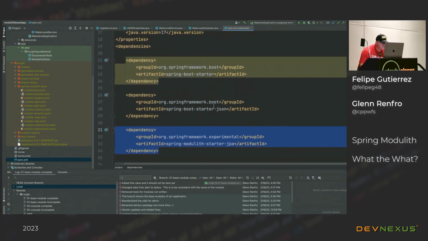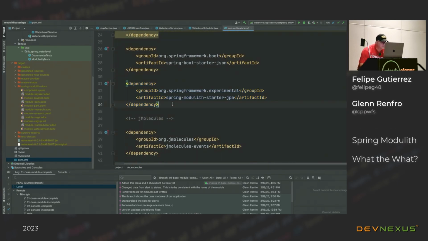We are including JPA, and because Spring Boot is opinionated, it takes a look into your classpath and sees you have the Spring module JPA. So every single event that you are sending, it's going to save into a data store. Practically, that is out of the box, so you don't need to worry about it.